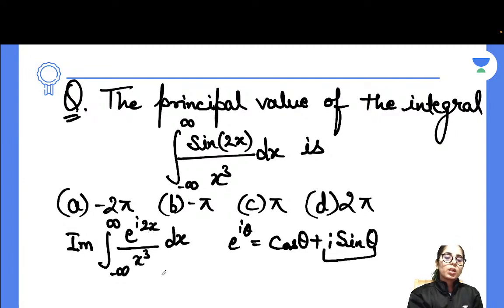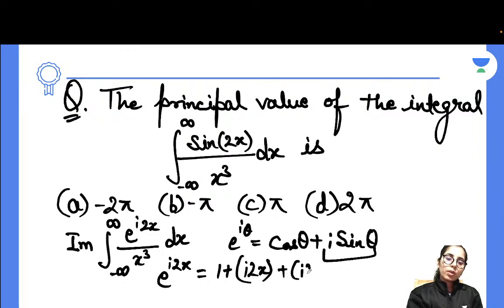Now in this case, you have to consider e to the power iota 2x is equal to 1 plus iota 2x plus (iota 2x) square divided by factorial 2, and so on. So I'm going to take the expansion of the exponential. Actually in this case, we are going to use the formula to find the residue, as per which we are going to have, let's say,